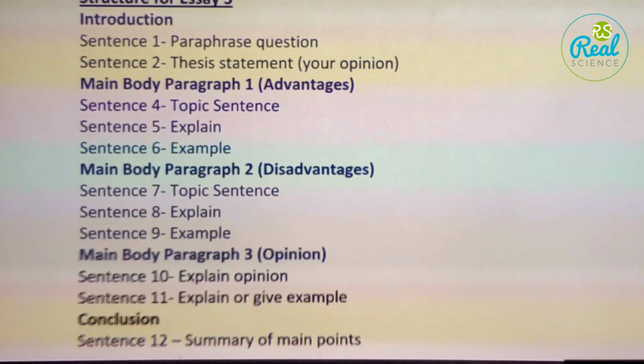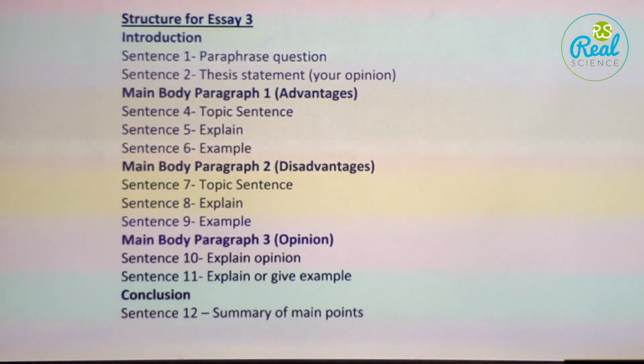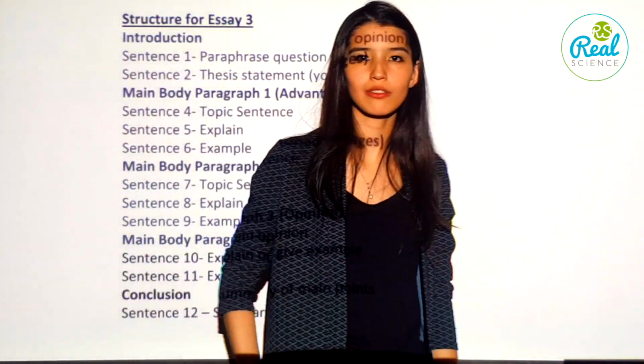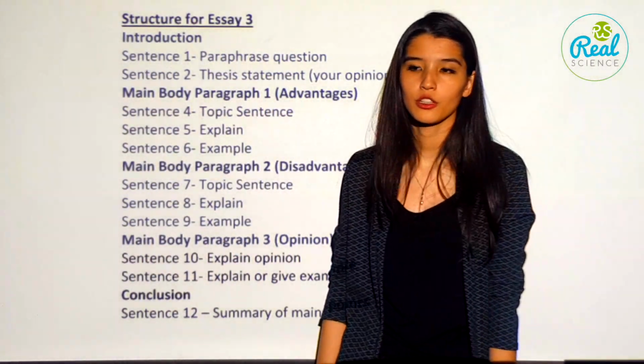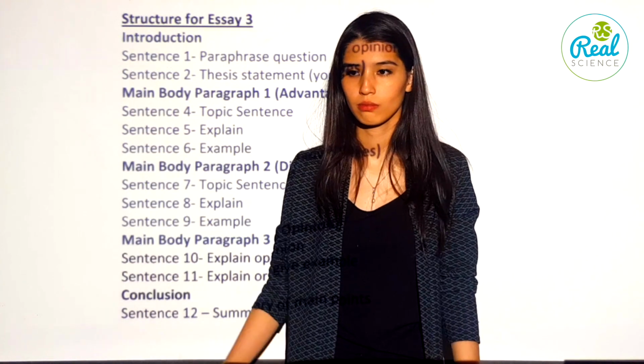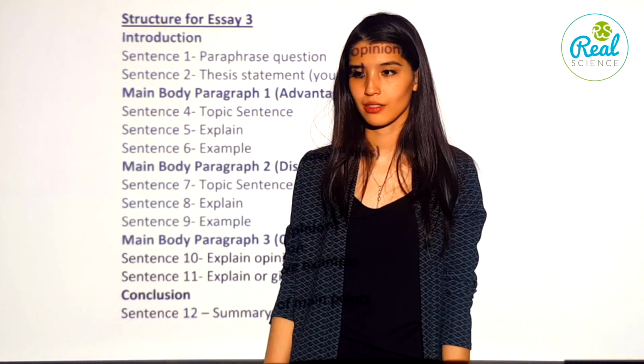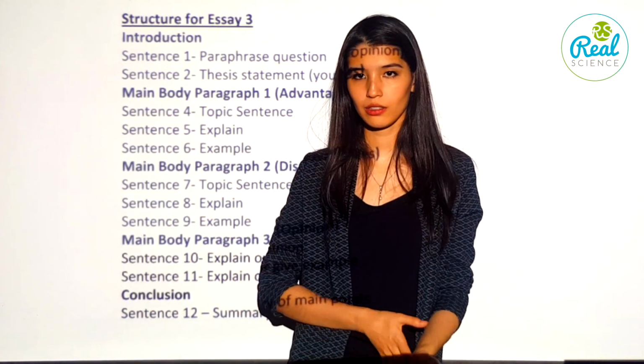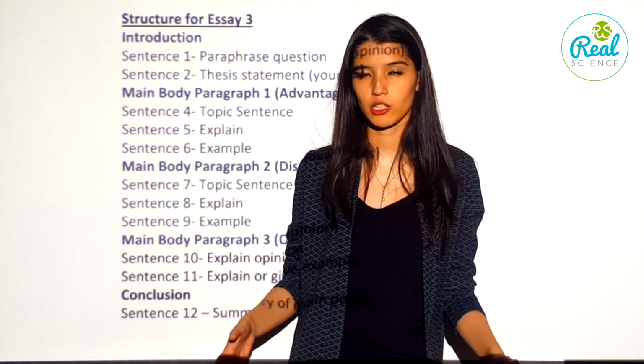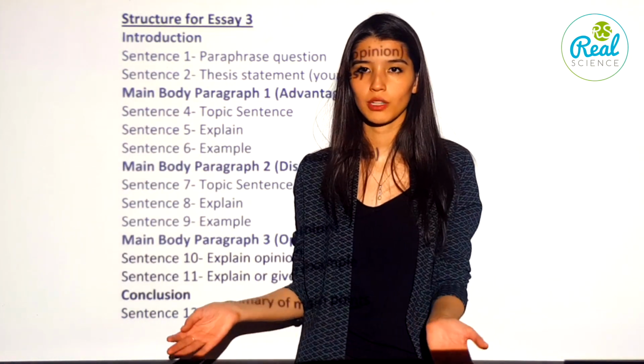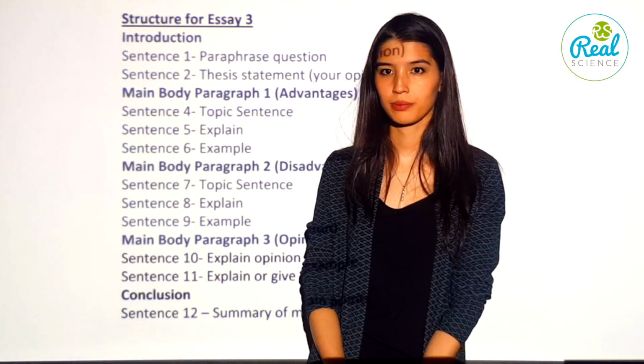Explain how to start the body one. I am always confused about which sentence. I know that it has to be the thesis or the topic sentence, but I don't know how to start. Oh, it's simple. If it's advantages, disadvantages, you will just say, the first primary advantage is. That is the linking word that gives the signal to the examiner: this paragraph is about advantages. Then you combine it with the argument that you have.